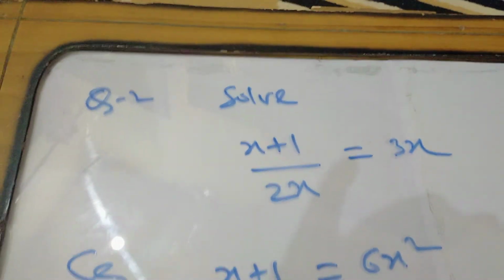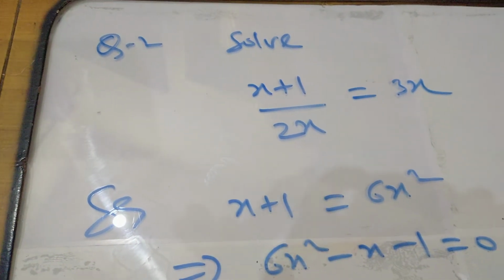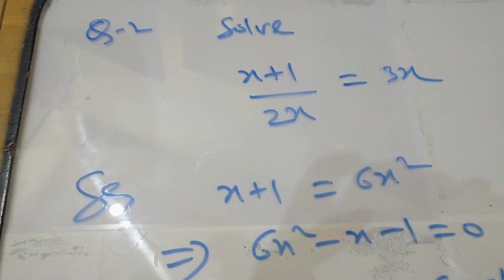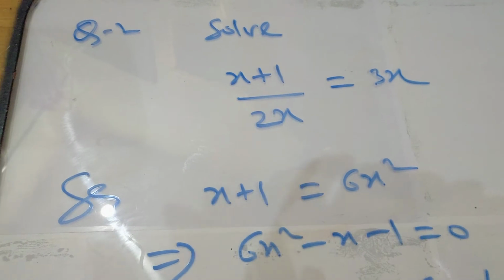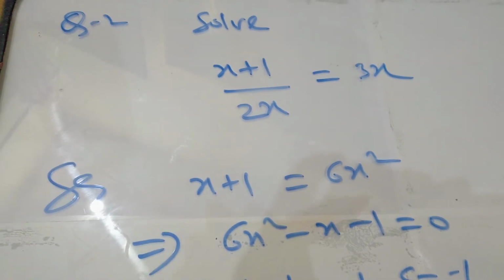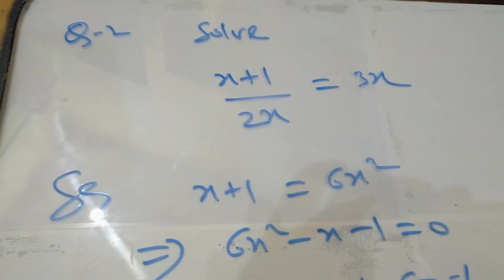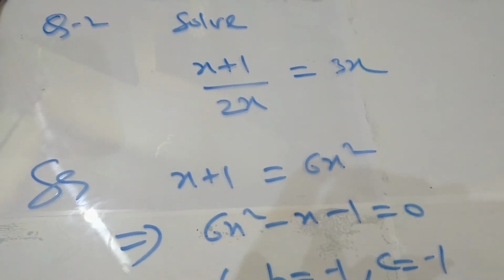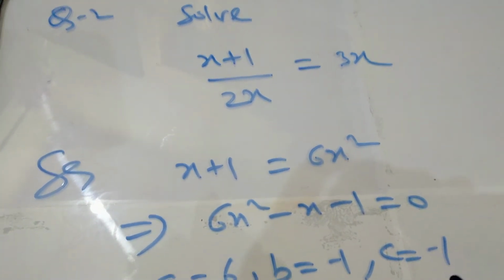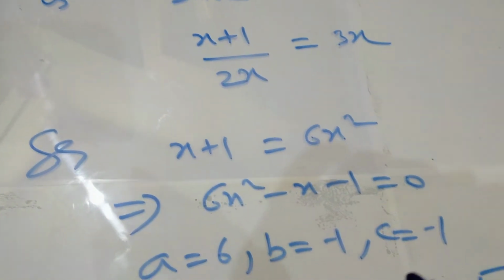So student, this is my humble request to you. I am solving the questions in a slow manner so you can get the idea. Try to get it and try to simplify the questions so you will be well versed in this part. Try to do maximum questions. If you have any doubt, you can write it down in your copy and leave it for future reference. When the contact classes take place, you can clarify your doubts, but you should start this exercise. These questions are available in exercise 5.3, so here you can solve the questions in this manner.